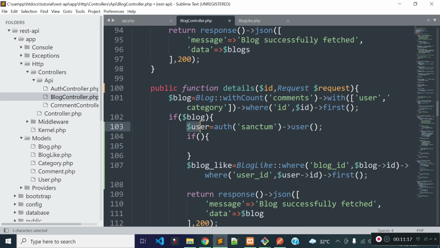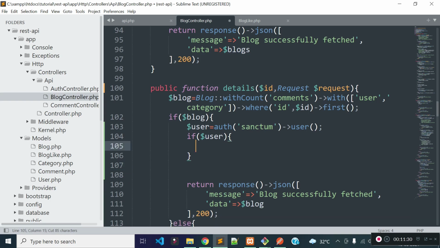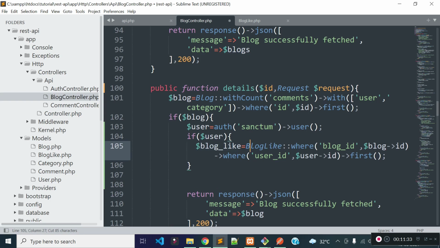That means this user will be present, which means the user is authenticated. So I'm checking if the user is authenticated, then I will check if the blog is liked by this user or not with the help of the BlogLike model.